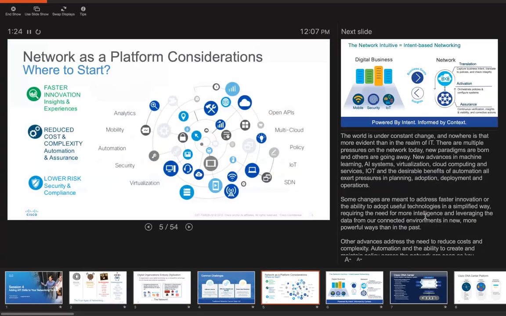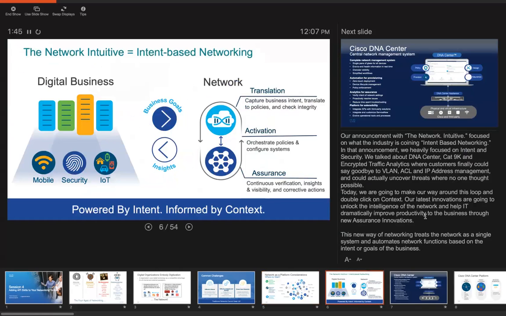As we looked at how the business and these external and internal IT pressures are being put on the network, we wanted to start with answering questions around experiences, around insights, reducing some of that complexity, and on top of everything else, the security that goes into that.